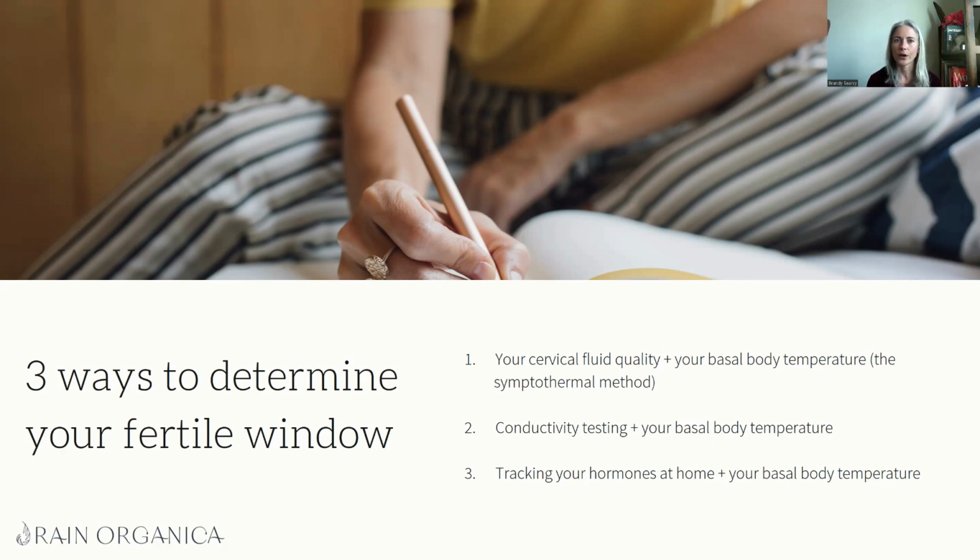Then we'll talk about monitoring your conductivity, and here conductivity of both your saliva and your vaginal secretions, along with your basal body temperature, as a means of fertility awareness. And then third, we'll talk about tracking your hormones at home, along with tracking your basal body temperature for knowing the opening and the close of your fertile window. Once we talk about each of these, we'll also talk about some FDA approved apps